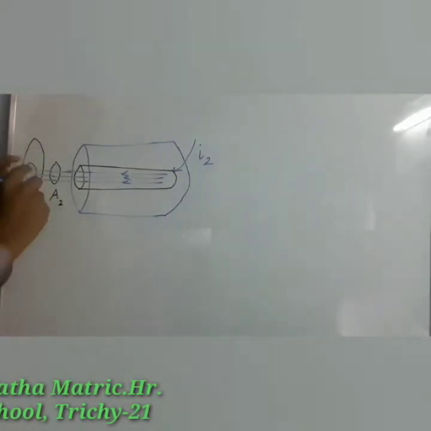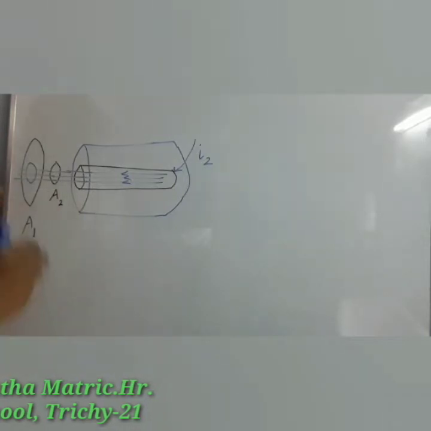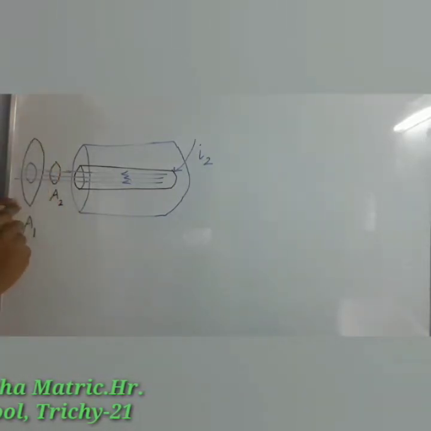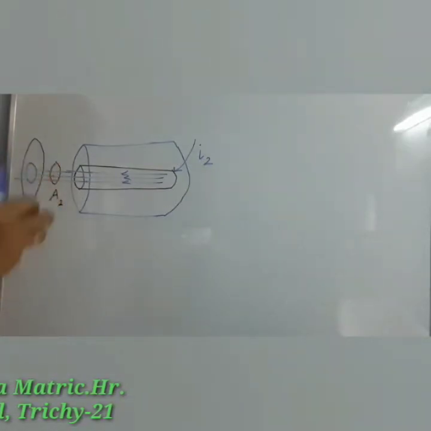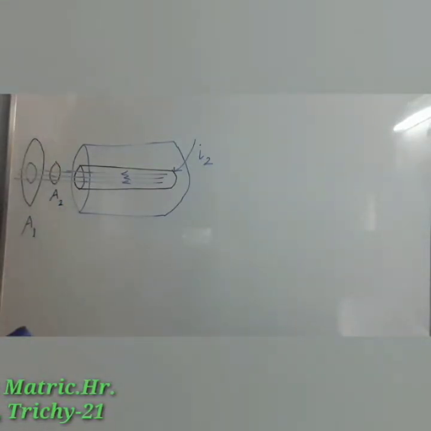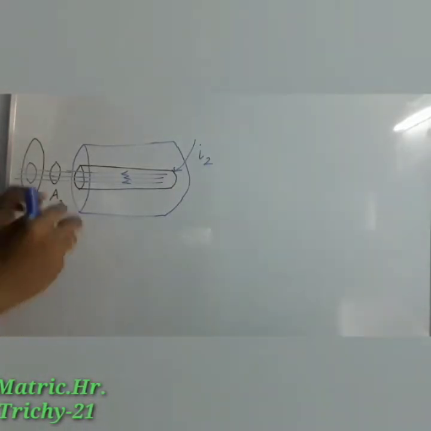area, which is equal to A2. So that's why we say we should not take the entire area of the first solenoid; we can take a particular area which is equal to A2. In that area only, magnetic field lines enter in this case. So magnetic flux is available only in A2.